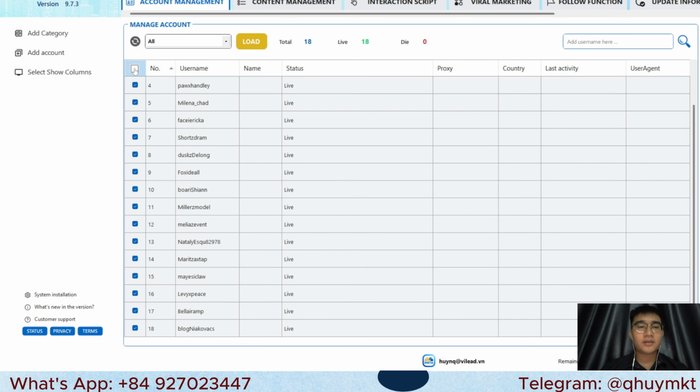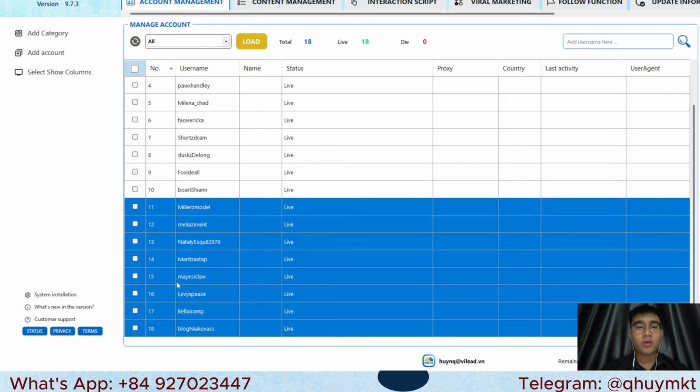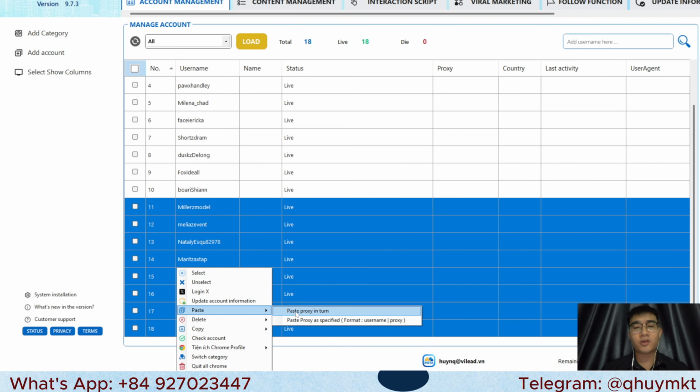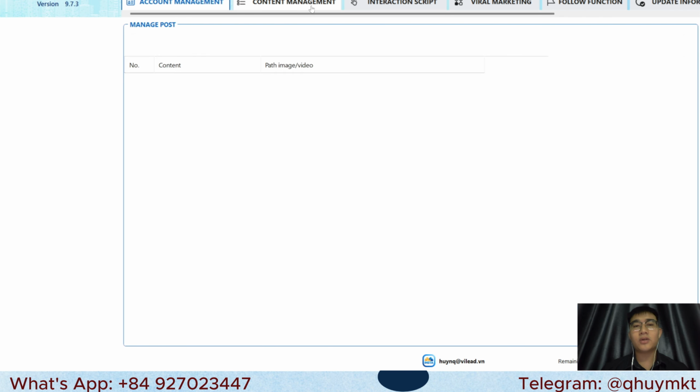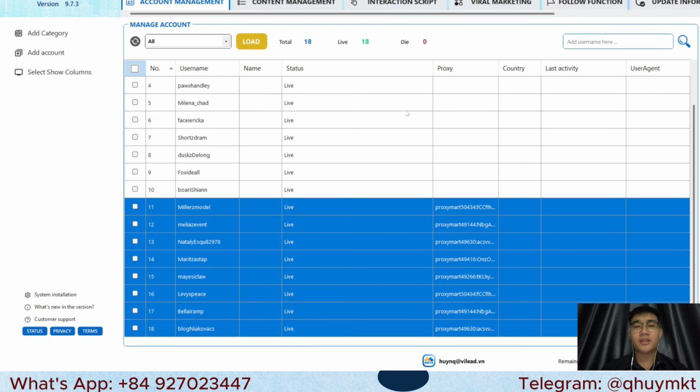And the next 10 accounts will be the same. Okay, you paste the proxy here also. And you guys can continue working with that, and you can use every function with those proxy accounts. Okay,